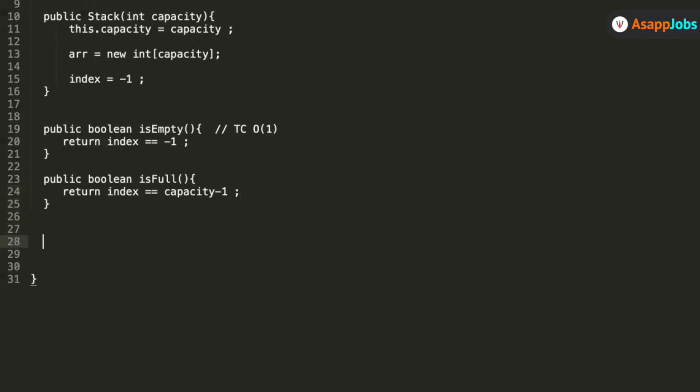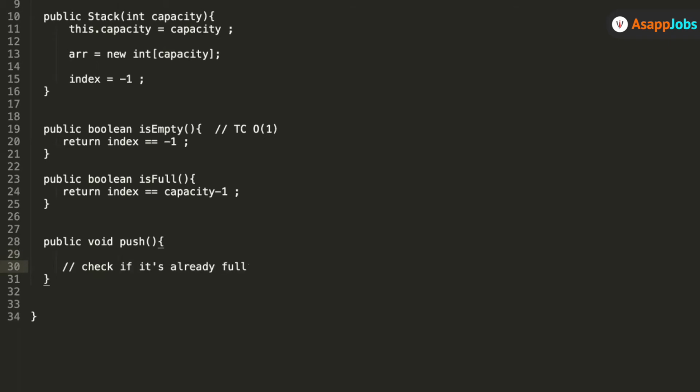Now let's come to the main method. So public void push. Tell me, what should be the first line of code that I should write inside push? I will check the peak, sir, first, whether it is a completely overflow condition. Okay, check if it's already full.